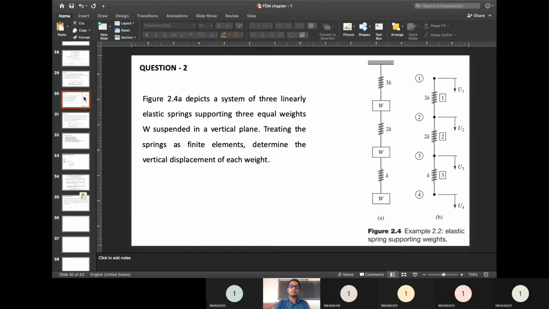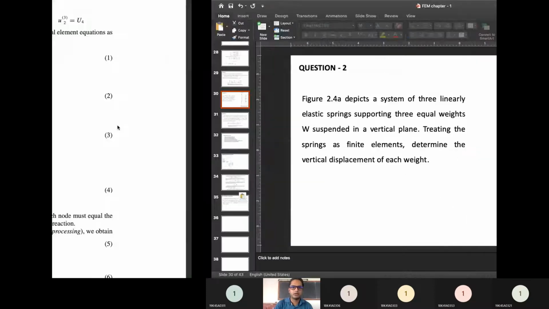This is very important from your external examination point of view. So one question I will show you how to solve, and then you have to solve the remaining two questions. I will tell you how to solve problem number 2. I will be using the blackboard, so first I will set my camera accordingly.